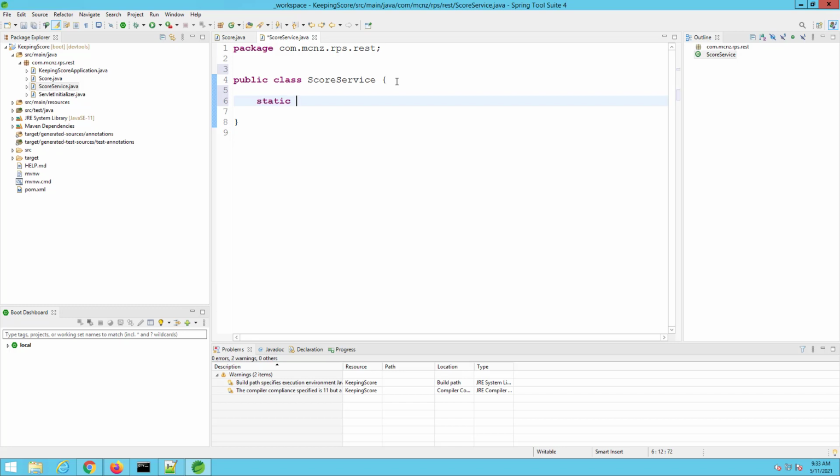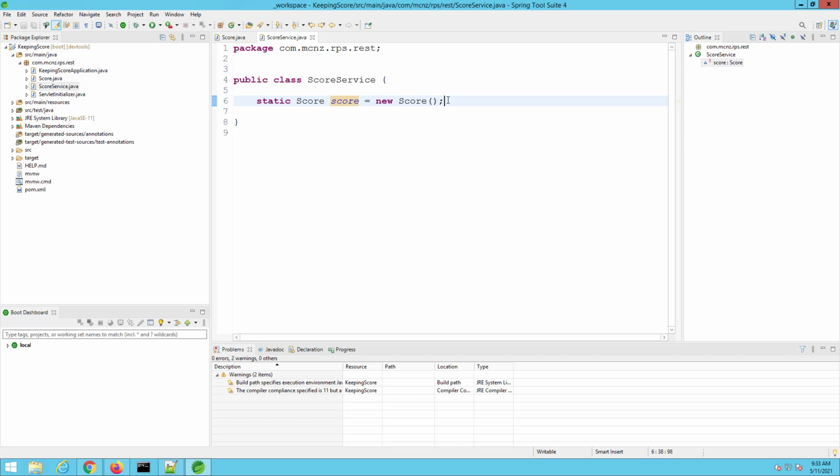Those are the ones that stick to your clothes when you bring them out of the dryer. It's going to be called score. It's going to be of type score. And I'm going to initialize it to a new score. And so static actually doesn't stick to your clothes when you bring it out of the dryer. It sticks to the JVM. So there'll be one instance per JVM. The data type is score, the name is score, and I initialize a new one to avoid null pointer exceptions